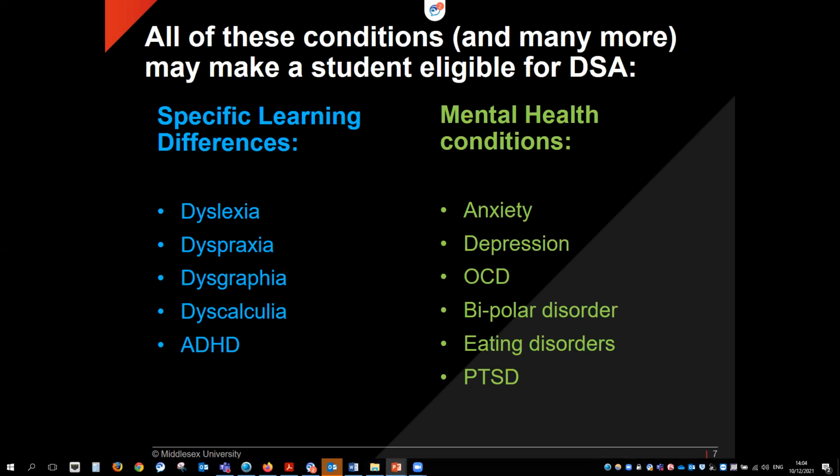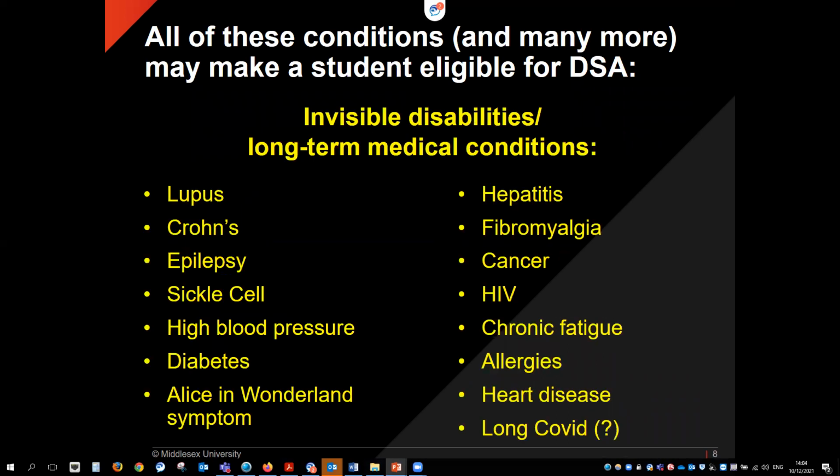And as long as the student has a condition that has been or is likely to be there for 12 months or longer, they would be approved for the DSA. So any mental health condition. Okay, and of course, there are many other conditions which are classed as invisible disabilities or long-term medical conditions also,